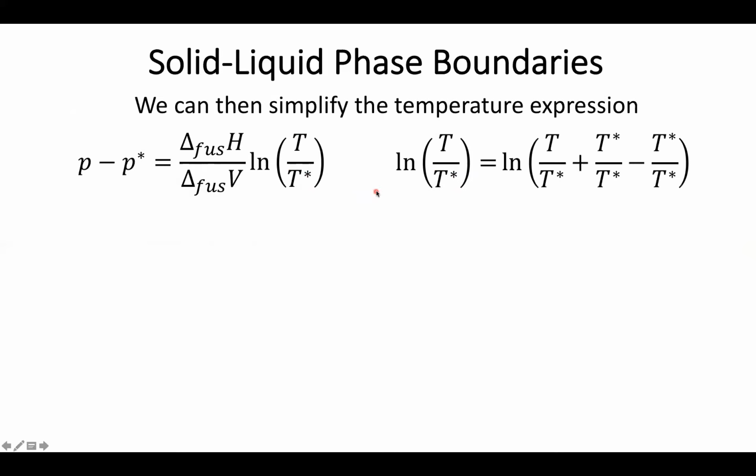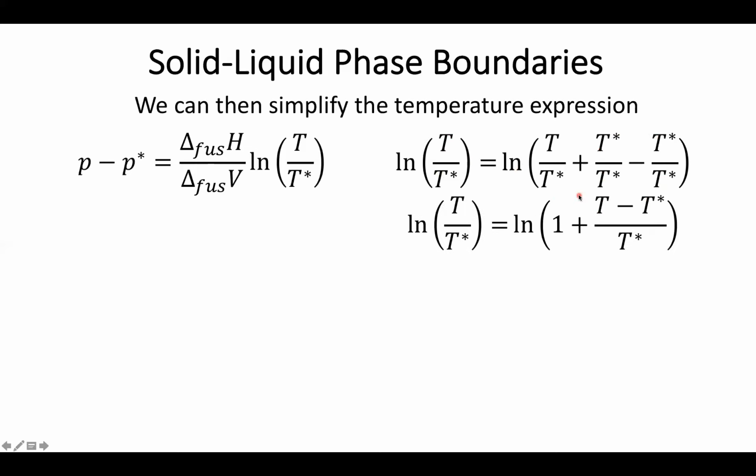So in order to do this, we're going to use a trick where we essentially add 0 inside of our natural log term. And we're going to do this as adding our reference temperature over itself, so 1 minus 1. So again, we're allowed to add 0 anywhere we want because it's always there. However, when we do this, it lets us rearrange this natural log expression, because what we can then do is